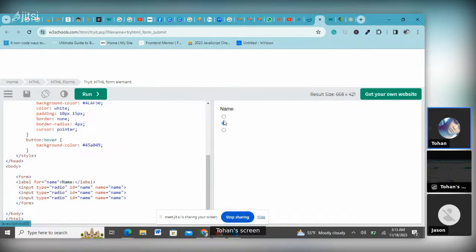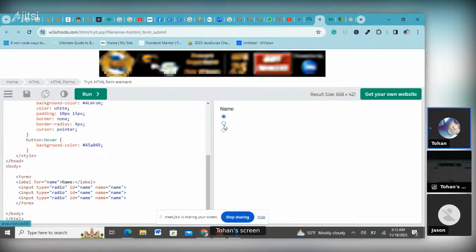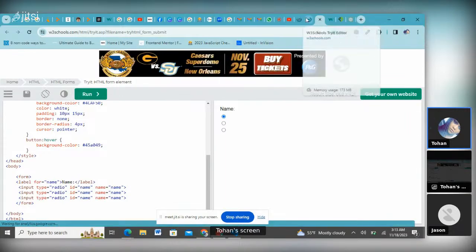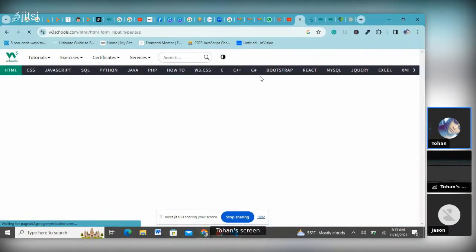So I'm like, okay, choose one. Then you can choose like this. So they use radio to do that kind of input type. So that type of input text that we have,